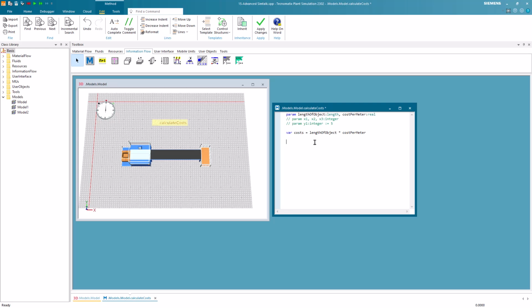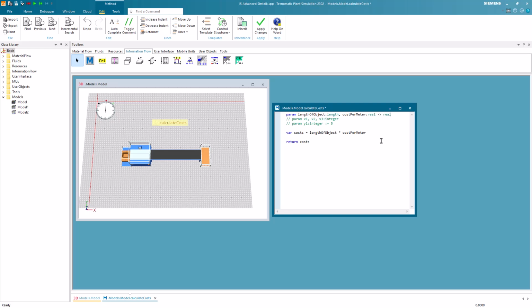You can terminate methods with the return statement. If you want the method to return a value or a parameter, you can add them to the return statement. However, if you want the method to return a value or parameter, you have to specify the data type of the value or parameter at the beginning. So in the line where we declared the parameters, we add a minus sign and a greater sign. Then we specify the data type that should be returned. In our case, it is real.